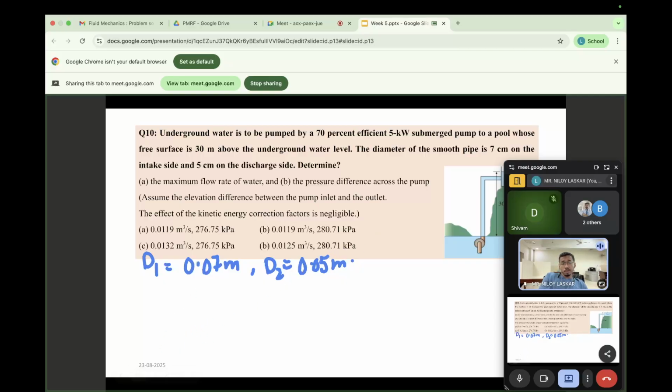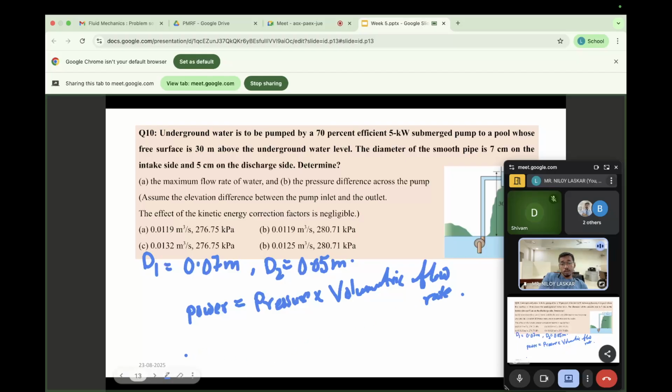So power is given, right? Because pump is given 70% efficient at a submerged at a kilowatt, that is a power. Okay, so we know that power means pressure into volumetric flow rate, right? So in place of what is the power? Power is 70% of 5 kilowatt. That means I can write 70% of 5000 is the power,